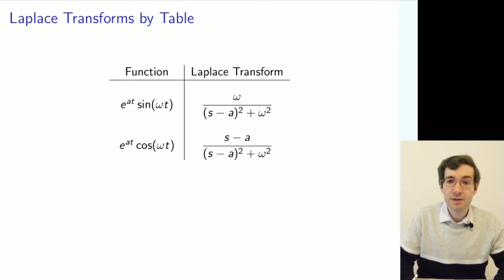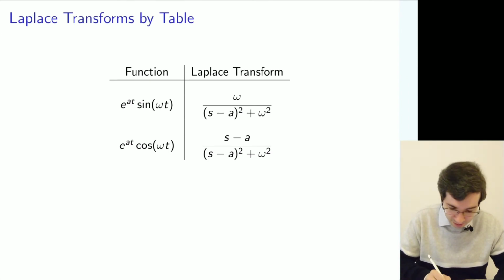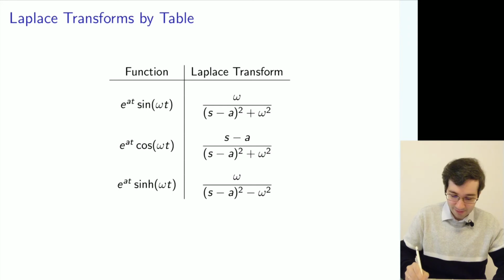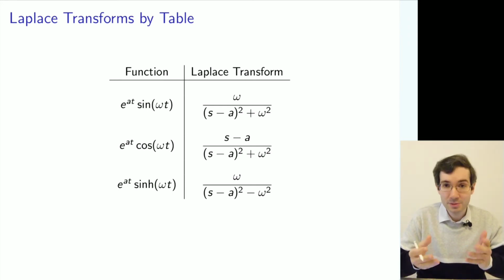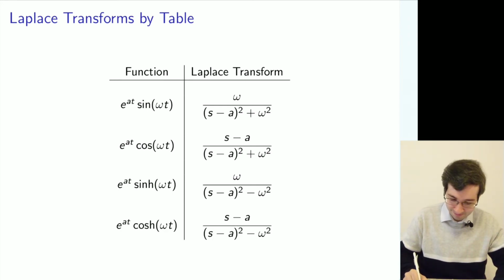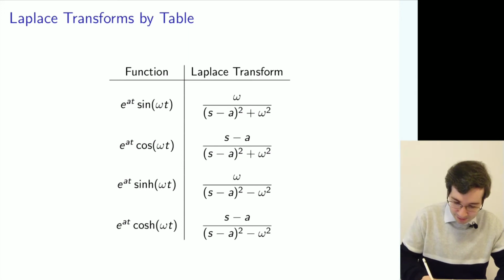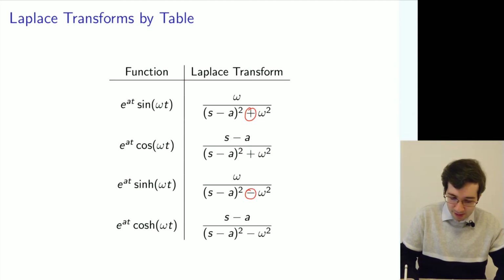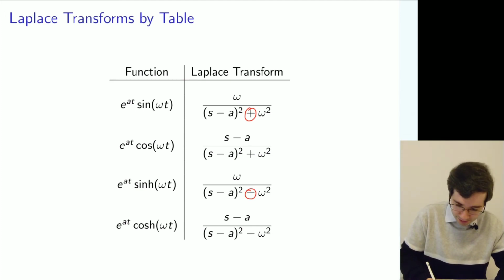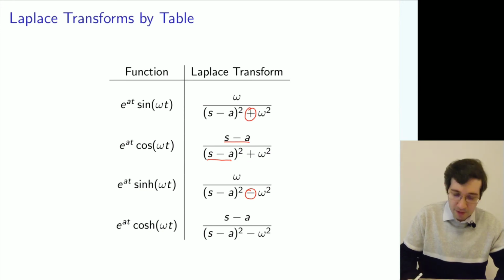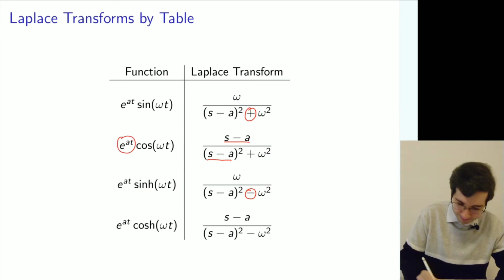And also you can look at the exponential times cosine. Or you can combine this with the hyperbolic functions. Right? So again, look at the difference between the normal and hyperbolic functions. And also pay attention that you have this factor, then you have an exponential.